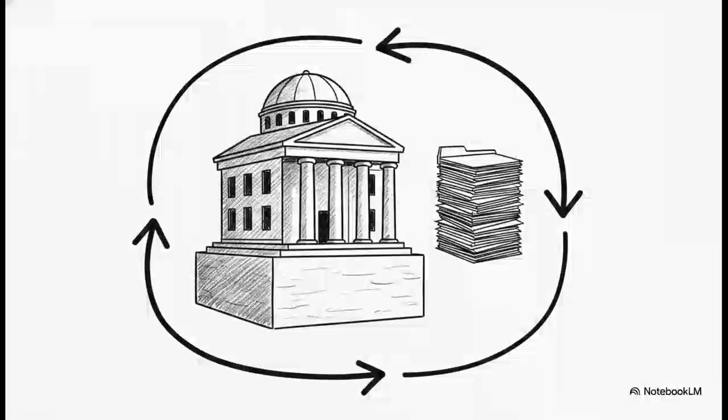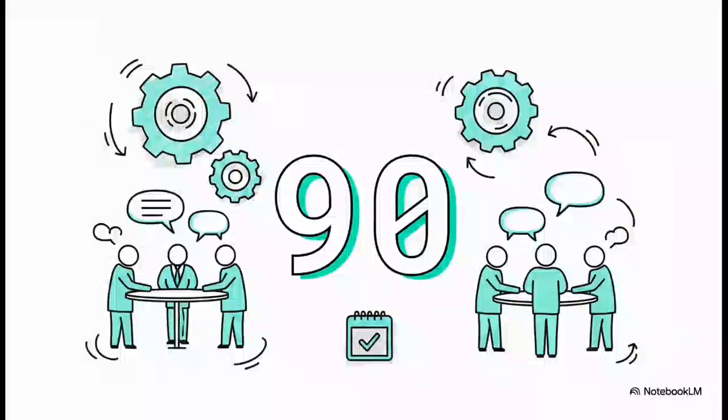And here is what brilliantly illustrates the urgency built directly into this system. 90. The Council is constitutionally mandated to meet at least once every 90 days. This is a huge requirement. It means that no matter what the political climate is, the federal government and the provincial leaders are absolutely forced into the same room to maintain a continuous dialogue. It actively prevents issues from simmering beneath the surface for years. Every 3 months, at an absolute minimum, that balancing act must be actively